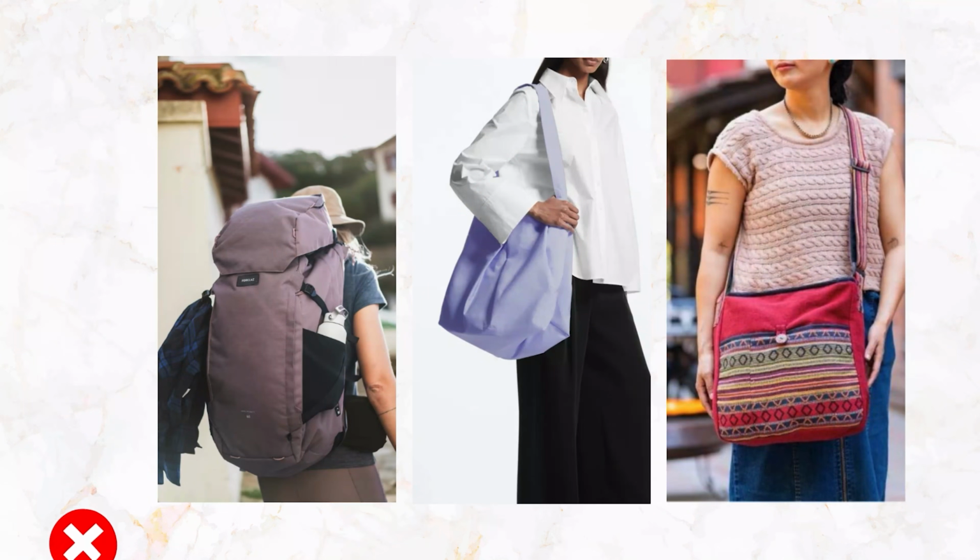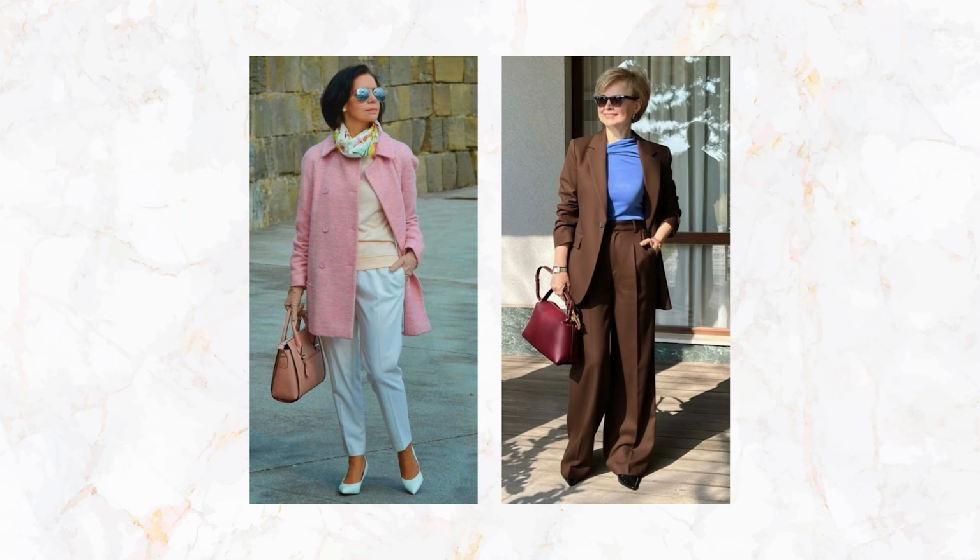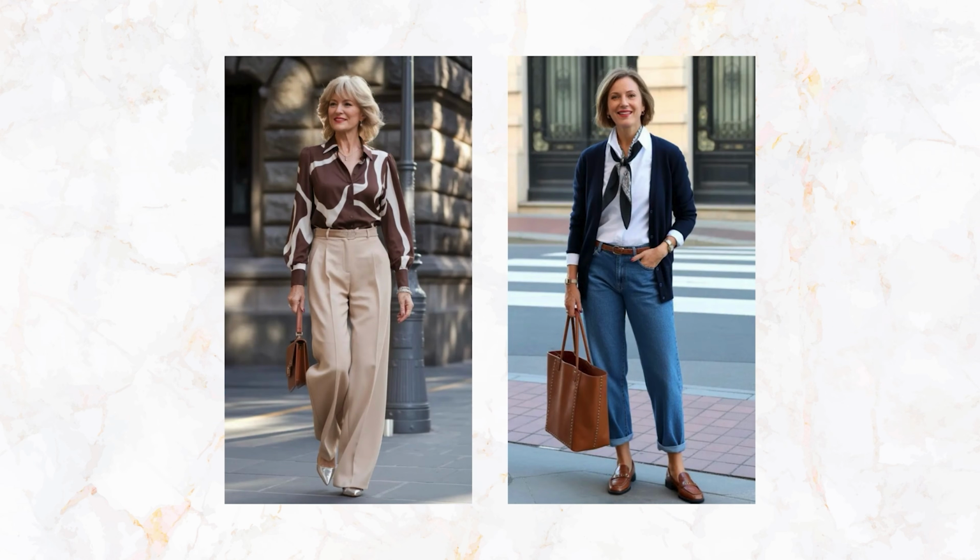Tourists often skip this completely, walking around with backpacks, bulky crossbody bags, or outfits that feel visually unfinished. But Italian women? They always add one small quiet element that makes the outfit cohesive and refined. What makes this so powerful is that it doesn't scream for attention, it's the opposite. It whispers. It's an elegant restraint. It's the effortless